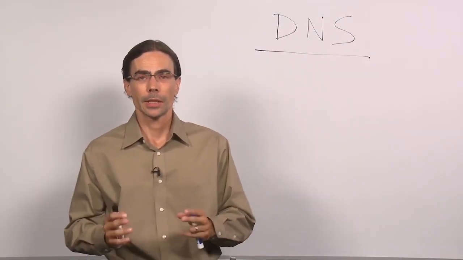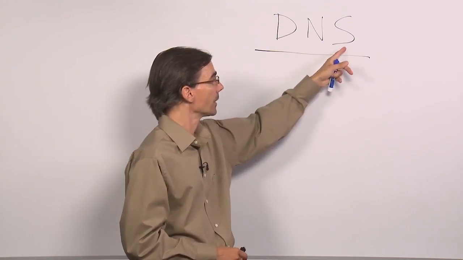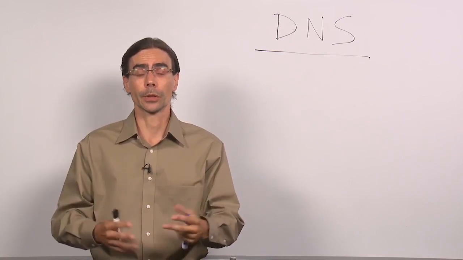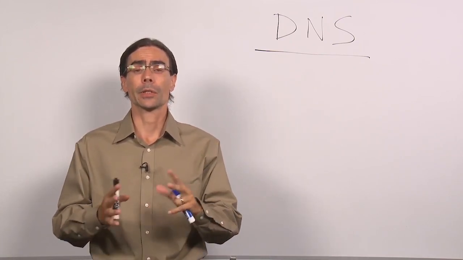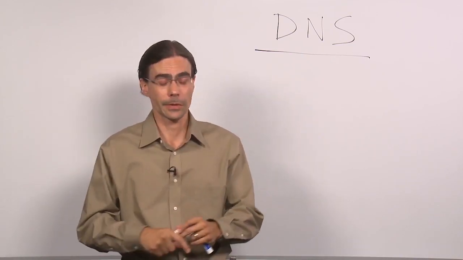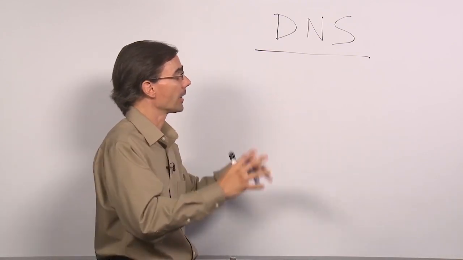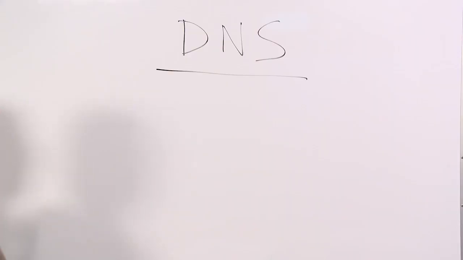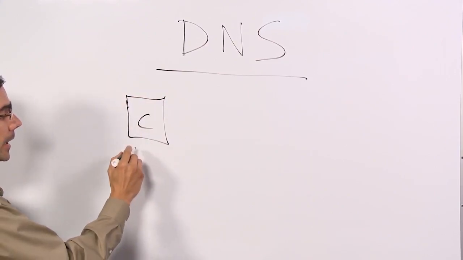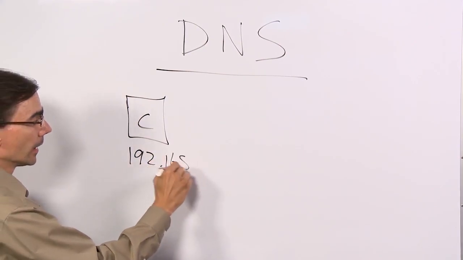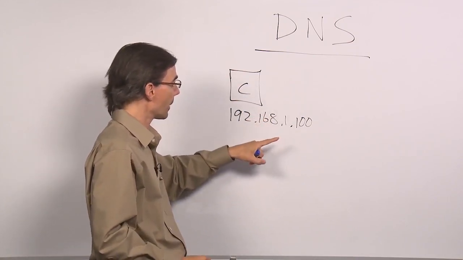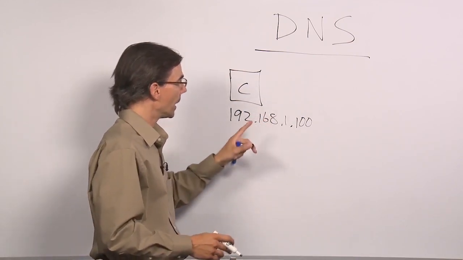Let's talk about DNS. DNS is the Domain Name System. It's an entire worldwide hierarchical system of servers that take care of the translation from domain names or host names to IP addresses. Now, if we slim that down and think about your local area network, you're going to have a computer, and it might use an IP address such as 192.168.1.100. And this guy's going to have an IP address, a subnet mask, a gateway address, but also a DNS